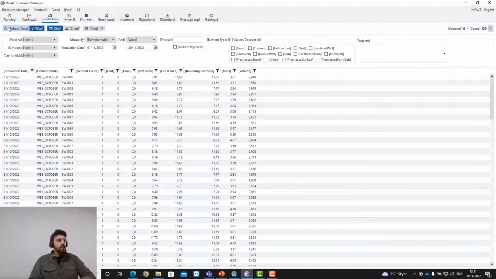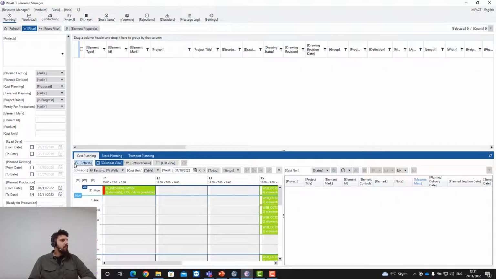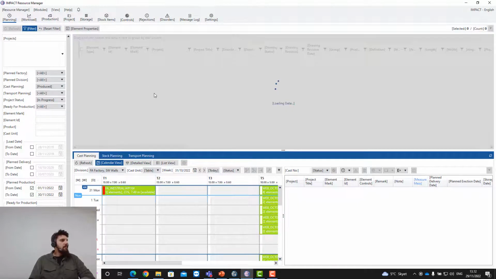What I usually personally do is go to the planning and leave all of the projects open. I use the status produced, everything that has been produced, all factories, all divisions, and then the planned production date, which is the same as the actual production date. I use it from the 1st of November till the last day of November. When I press refresh here,